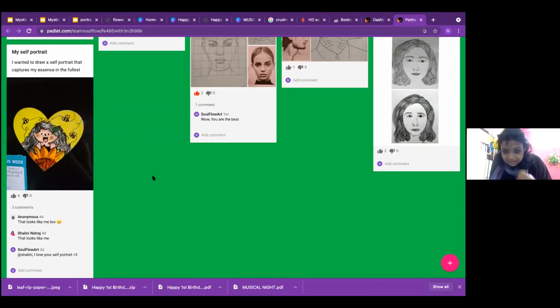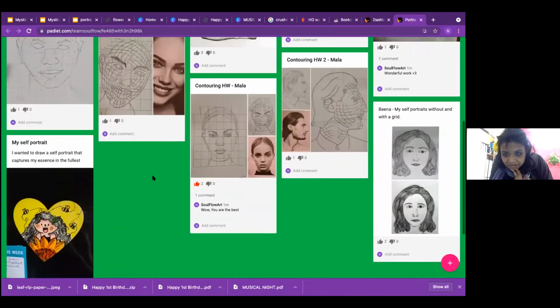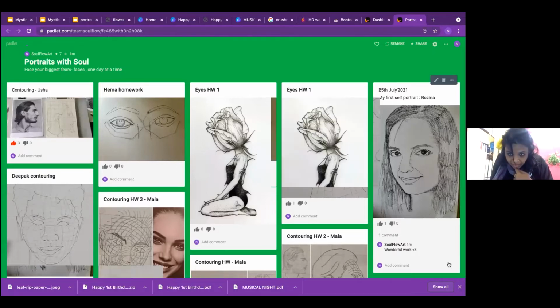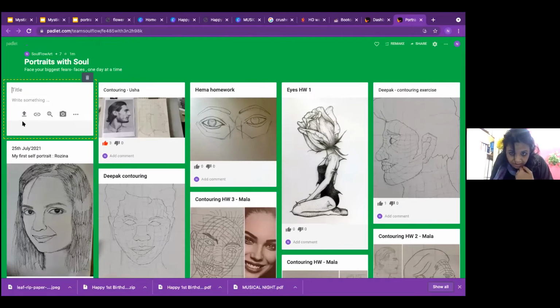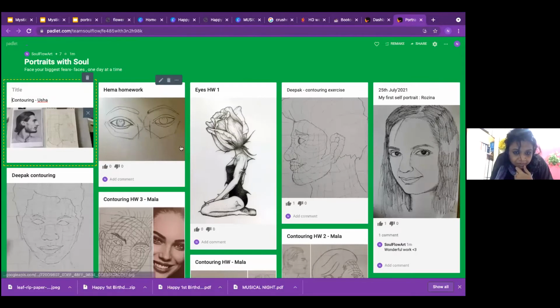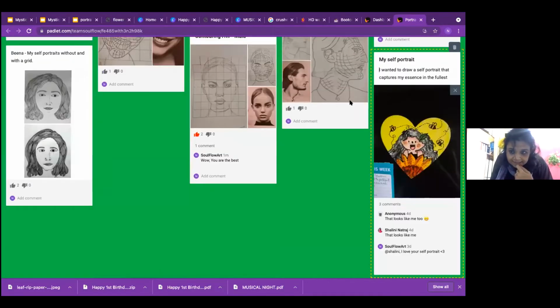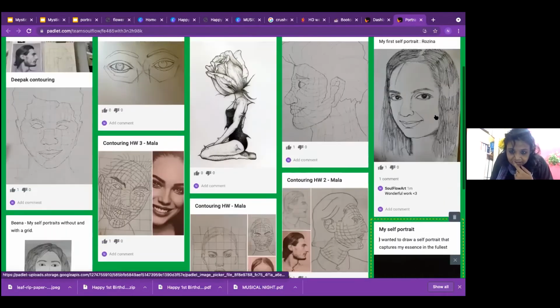Sanchari, last doubt. If I want to add one more picture with this, should I go back again to the... No, select them together. When you are uploading, select 3-4 images together. Okay. If I want to add on with the already posted picture, how will I do it? That I think you are not able to. So every time, if I finish it, I have to do one more again. Yes. Okay. Thank you. Hema, we'll learn that later.